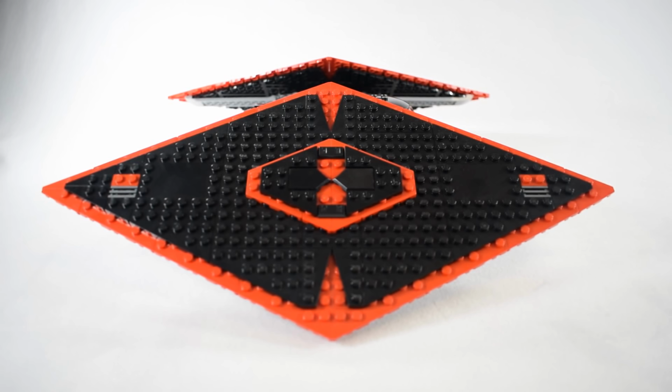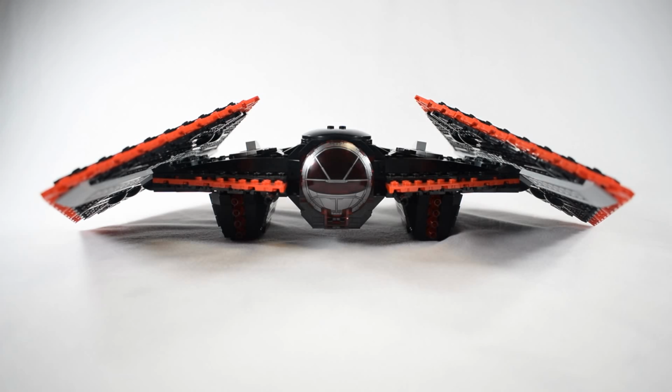I also liked the idea of creating those red points in the middle to split the diamond in half and reiterate the fact that this is from the same universe and the same line as the TIE Javelin or TIE Dagger. And then the raised section in the middle, the little section there, would be the deflector shield projectors. At this level, you can actually see that the weapons pods, the proton torpedo launchers, are